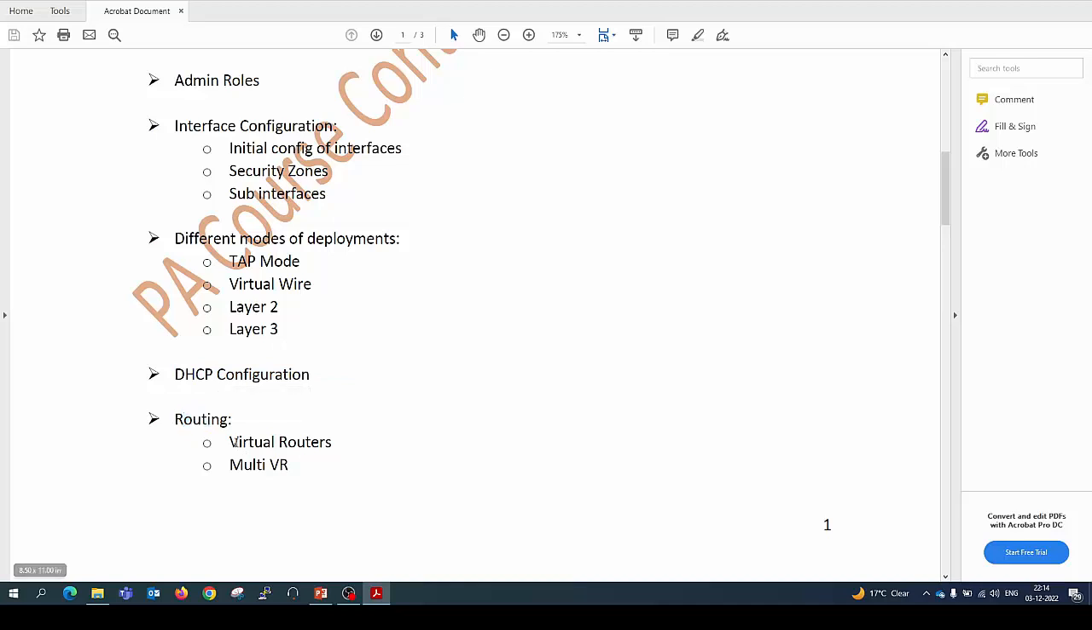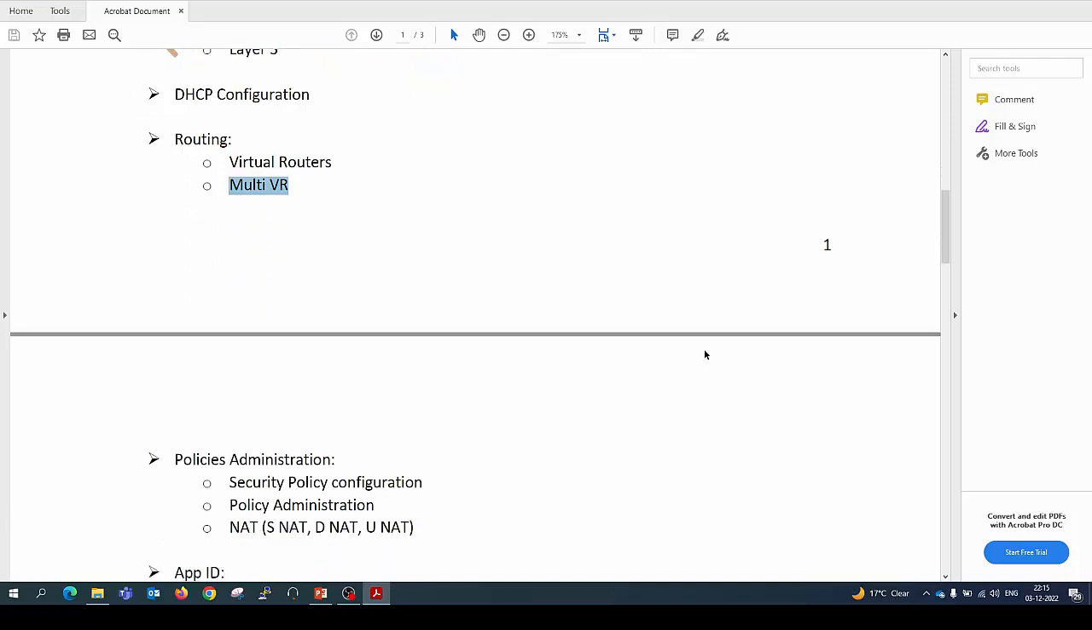Routing, we have virtual routers, multi-VR. What is the concept of virtual router? Right? What is the concept of multi-VR, multiple virtual routers? So what you can do in one single firewall, one single Palo Alto, you can configure multiple routers inside it and you can make multiple virtual systems and you can do the routing of those systems